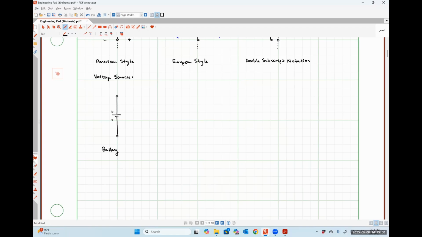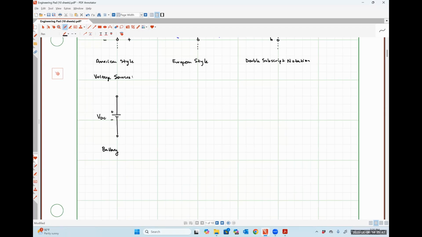Okay. And then we also need some sort of magnitude. So I'm going to represent this magnitude symbolically, and I'm just going to call this VDC. Okay. Because a battery is an example of a DC or time invariant voltage source. Now, one thing that I want you guys to know, and this will kind of help keep track of what I'm talking about here. Anytime I'm representing something symbolically using capital letters, that means that it is a constant quantity. And anytime I'm using lowercase letters, that means that it can vary with time. Okay. So in this case, I used capital V, capital D, and capital C because this is a DC or